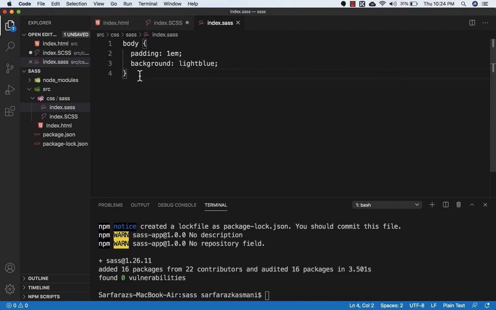So this is a valid CSS syntax. If you try to compile this Sass file in CSS, this will throw an error message because we chose Sass syntax to create this file. And if you use .sass syntax, you don't need to specify curly braces and semicolons. So as I said, in .sass file, curly braces and semicolons are not allowed. So we need to remove this. So let's remove this